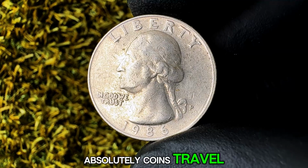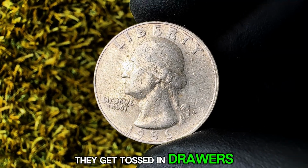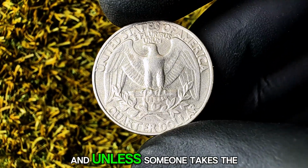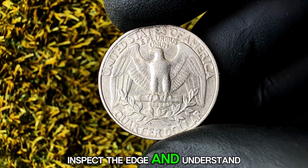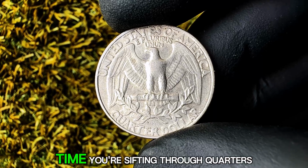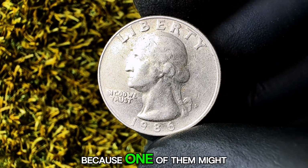Absolutely. Coins travel. They change hands. They get tossed in drawers, forgotten in old coin rolls, or mixed in with everyday change, and unless someone takes the time to look closely, to weigh it, inspect the edge, and understand what they're holding, it could remain hidden for decades. So the next time you're sifting through quarters, don't just pass them off as small change, because one of them might just be worth